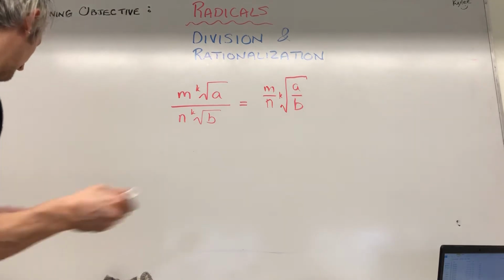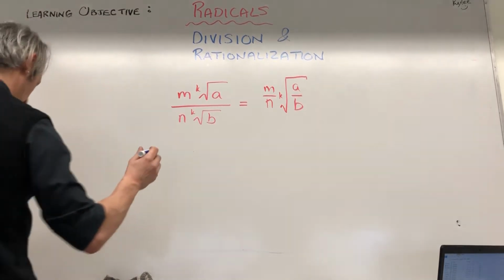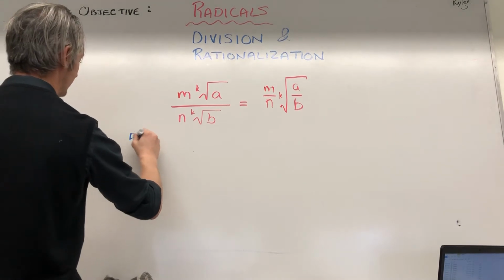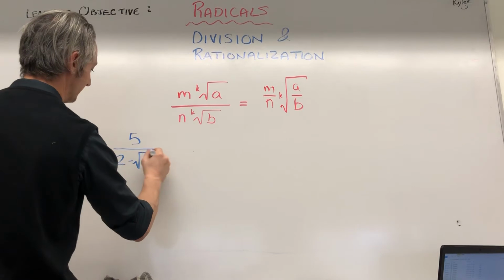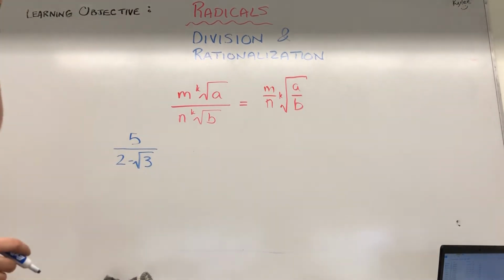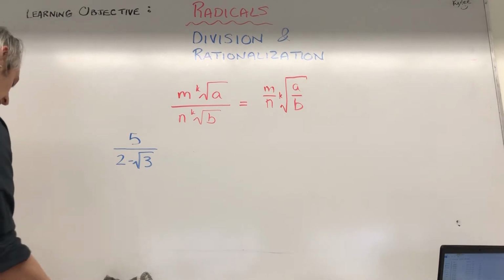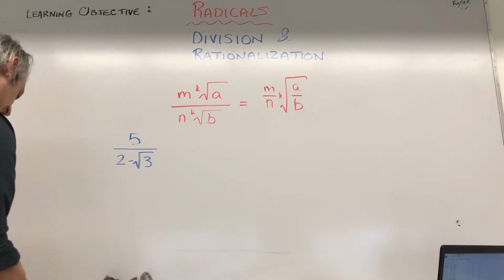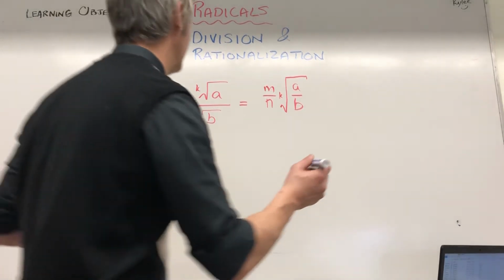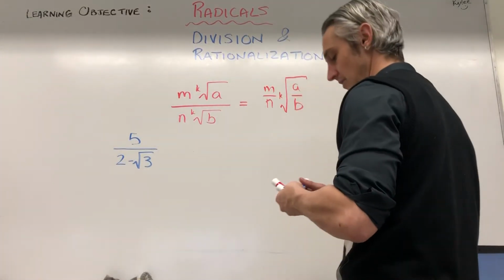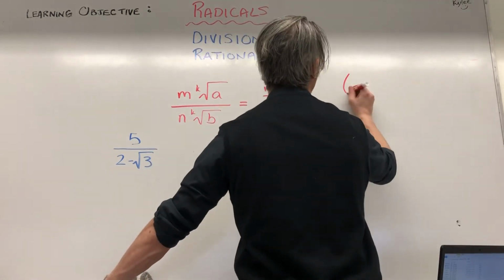And then what happens in the situation where I have something like this, 5 over 2 minus root 3? Okay? How do I rationalize something like this? How do I get rid of the roots? Well, we use a little law, a difference of squares law, which tells us that if I have the square root